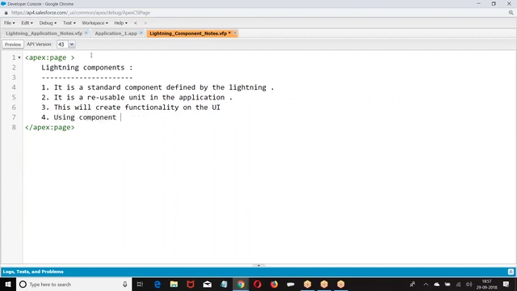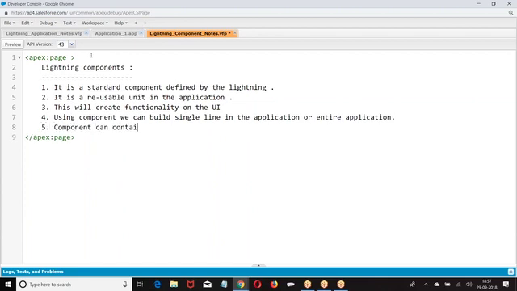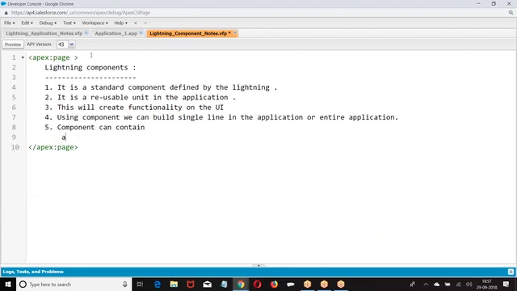Using component, we can build a single line in the application or component can contain other components.